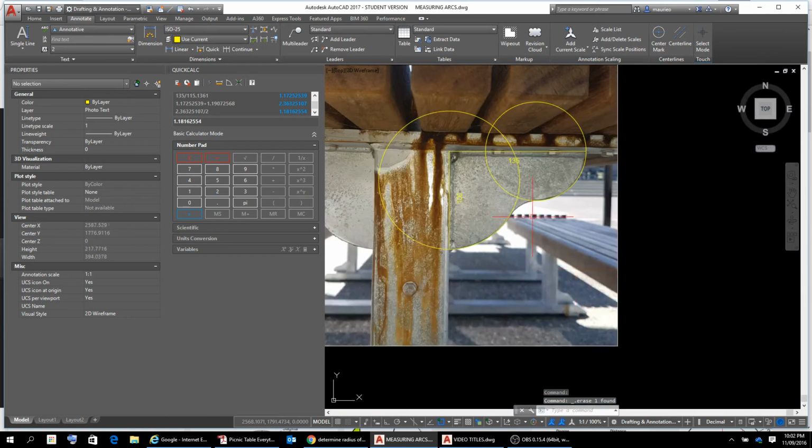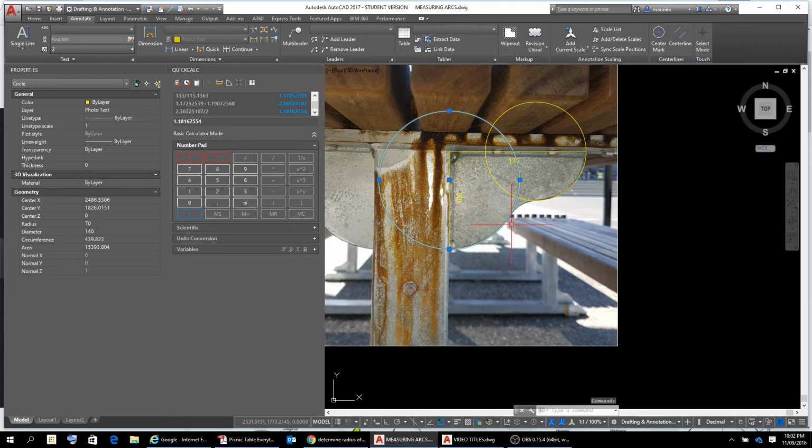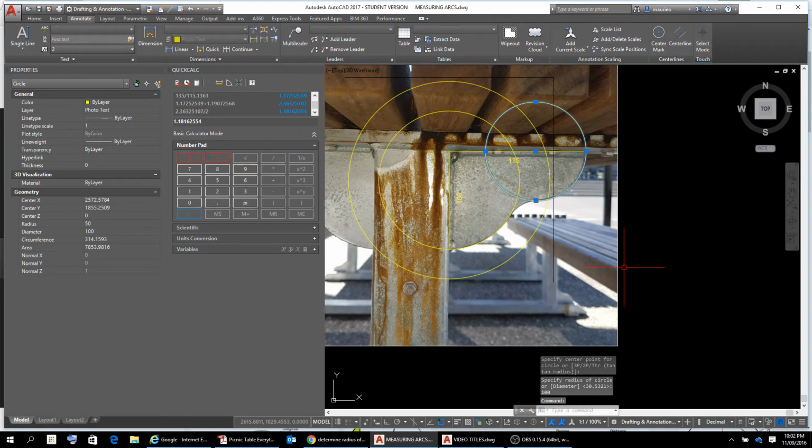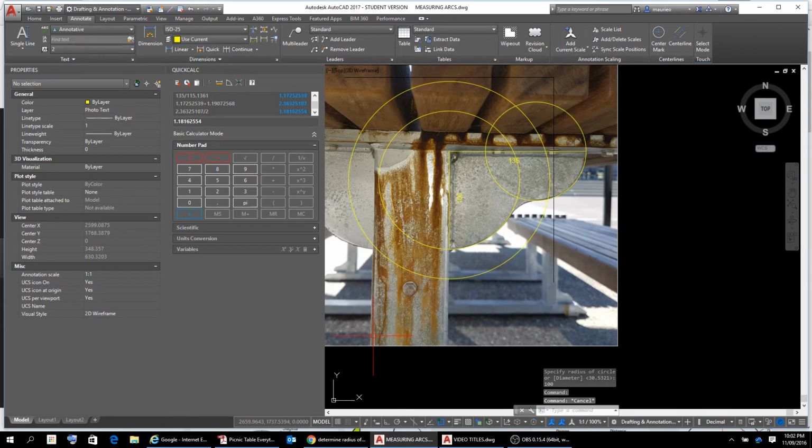But what we know is that the radius of these two must meet at a right angle. So if that one's 70, and this little one in here is a radius of 30, then it must be, we go C, enter, so 70 plus 30, where's that little radius? Oh, yeah, 70 plus 30 is 100, which is there. And then this one here, I've got that at 50 plus 30 is 80. So C, enter, and